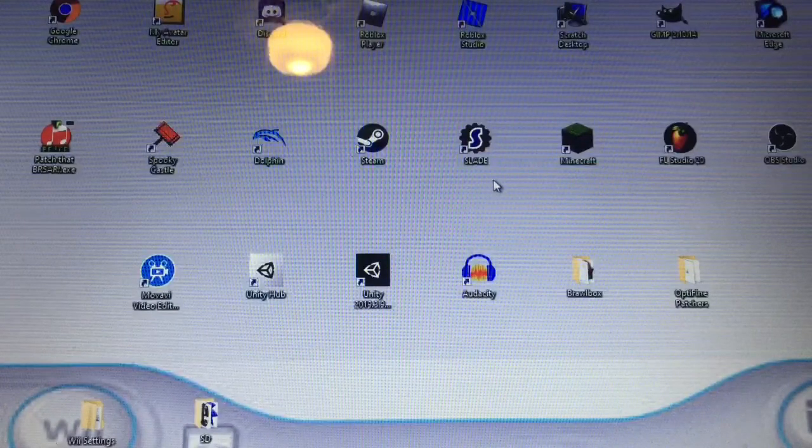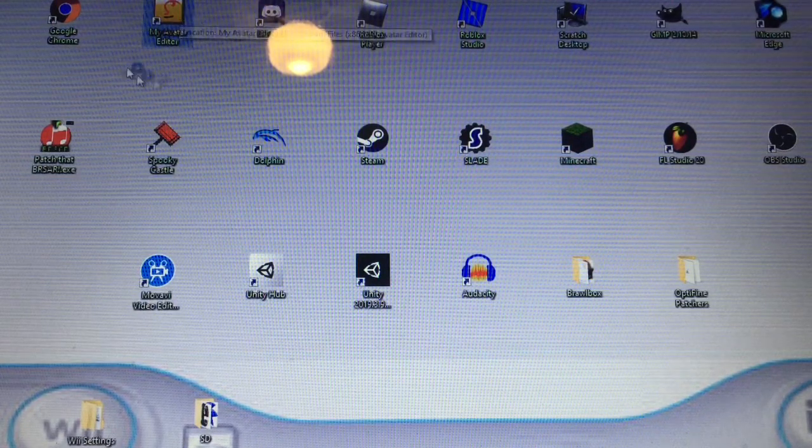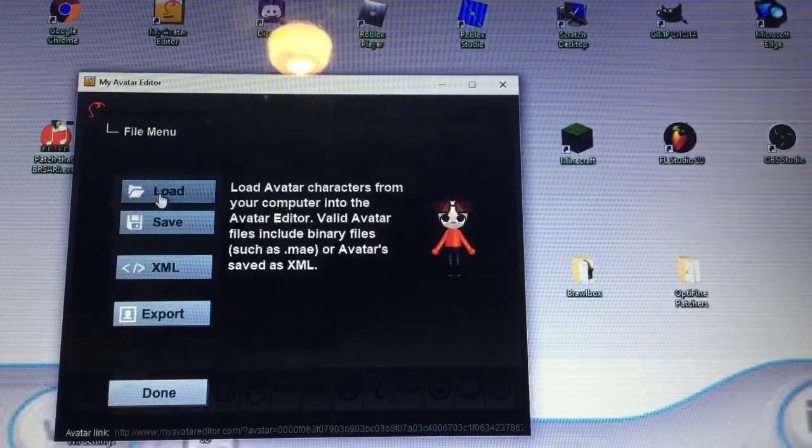Okay, we're back onto our computer, and now what you're gonna do is open My Avatar Editor. Download link in the description, as always, for all of the stuff that I have for tutorials. And you will wait for it to load. You will click this little icon here, click load,